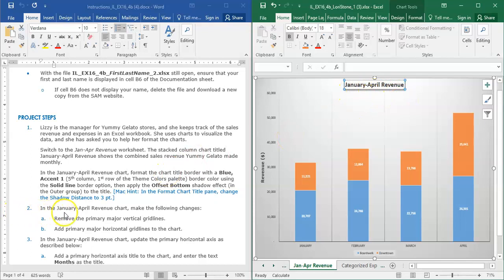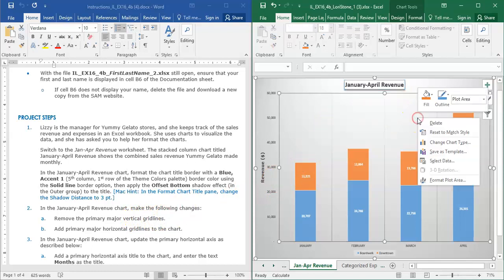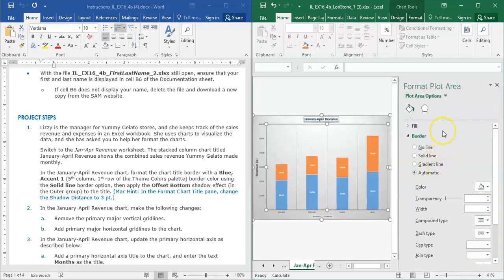Okay, in the January revenue chart, make the following changes. So it wants us to remove the primary major vertical grid lines. So it wants us to basically remove these. So once again, you can right click, format plot area, and it wants us to